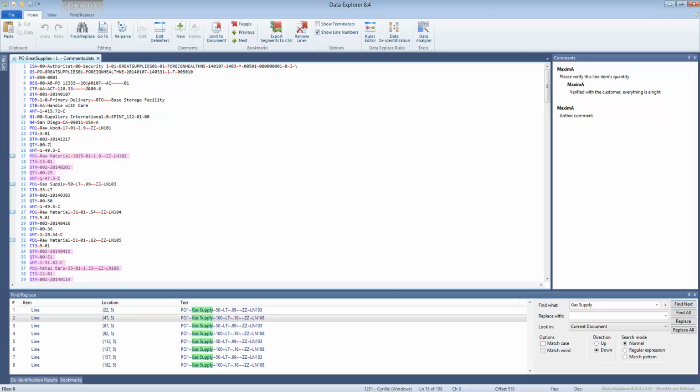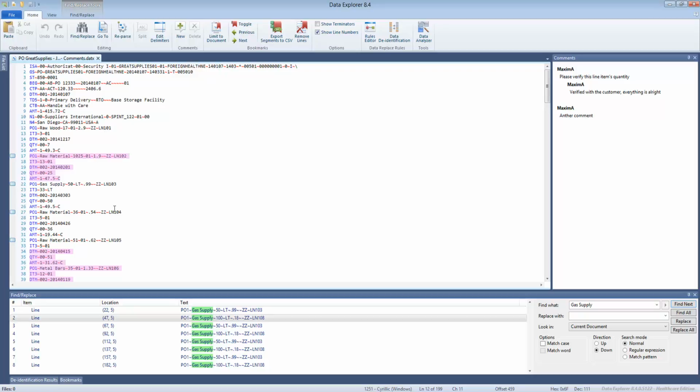Now, if we take a look at the data, we see that there are some fields like who was the sender, who was the receiver, who is the supplier, and so on. We already covered this scenario while talking about the SpecBuilder overview and working with analyzing the data in SpecBuilder, but I'll just repeat that in context of Data Explorer. So let's imagine we need to send this data file to our vendor to do some analysis against the line items themselves. But we don't want them to see who was the sender, who was the receiver, so we kind of want to hide that information from them. So in order to do that,